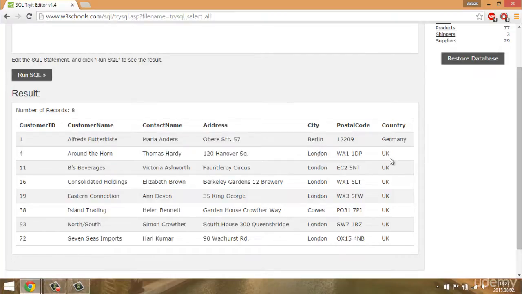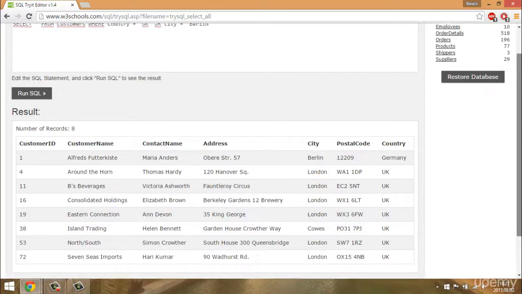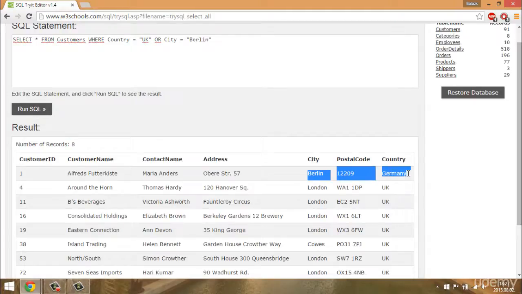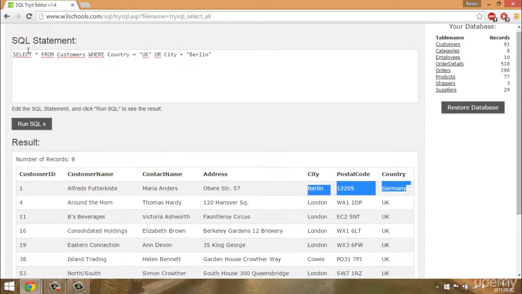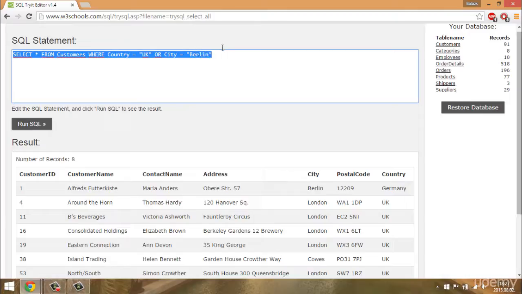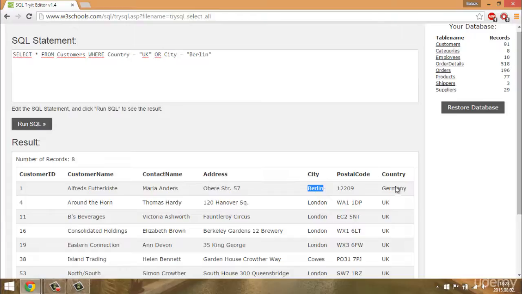It is not Berlin, but it has the country UK. This first row is going to be returned with the help of this SQL command because the city is equal to Berlin. On the other hand, the country is not equal to UK,